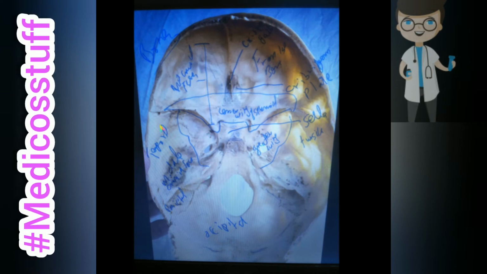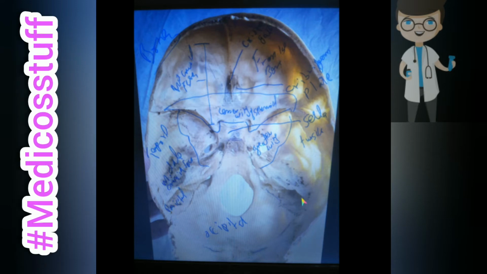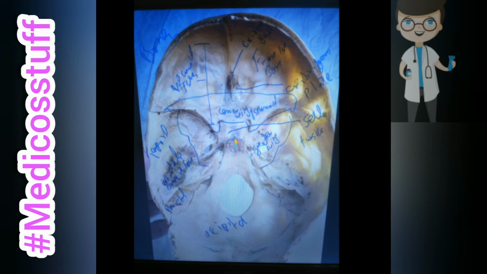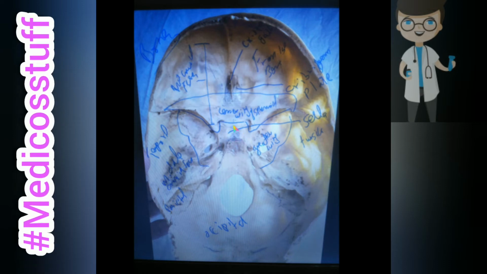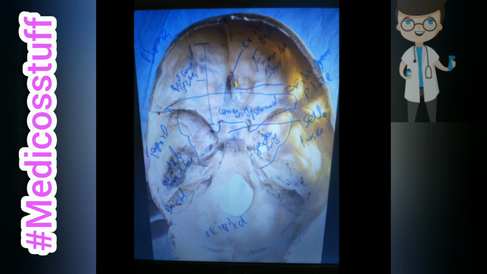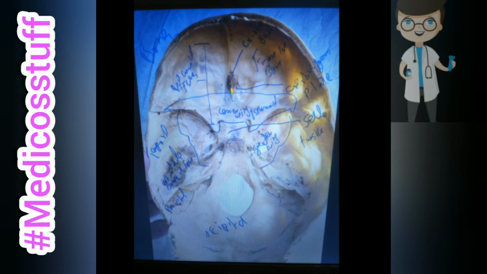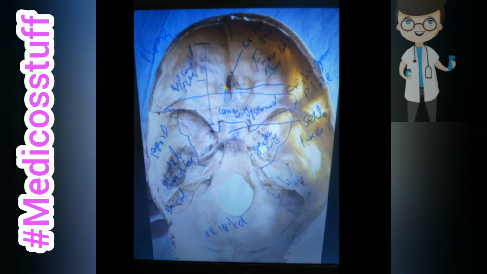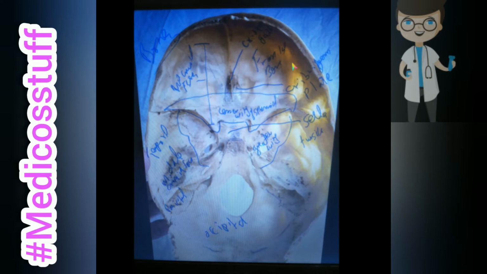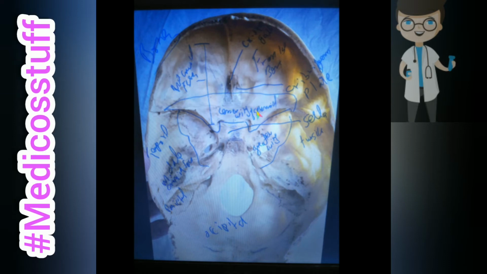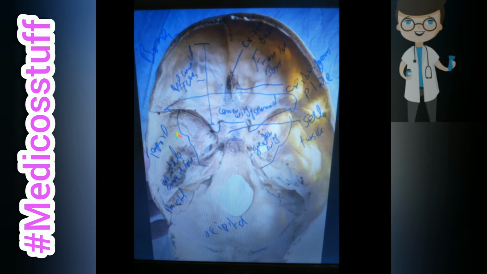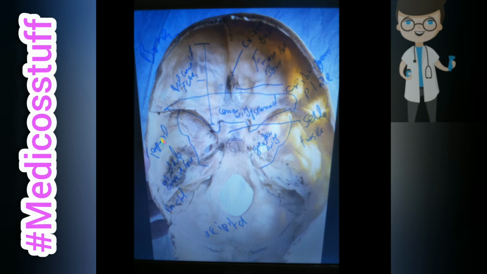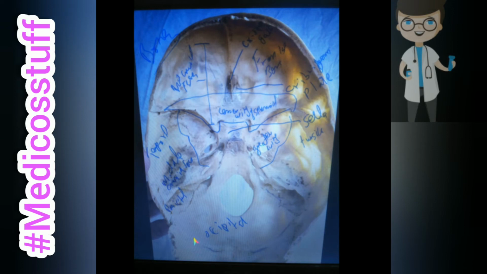This whole part from here to here is the middle cranial fossa. This is temporal bone, and this is also the temporal bone. This is parietal bone, and this is occipital bone. In the greater wing of sphenoid bone, the middle part is known as sella turcica. So the midline is crista galli, the sides are cribriform plate, all of this is the frontal bone, this is the anterior cranial fossa, then the lesser wing and greater wing of sphenoid bone, the middle part, sella turcica, and this is the middle cranial fossa, the temporal bone, the parietal, and this is the occipital part.